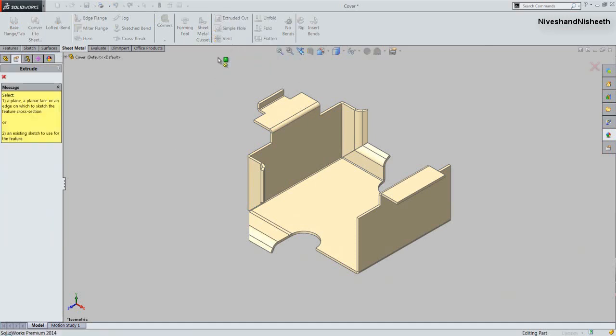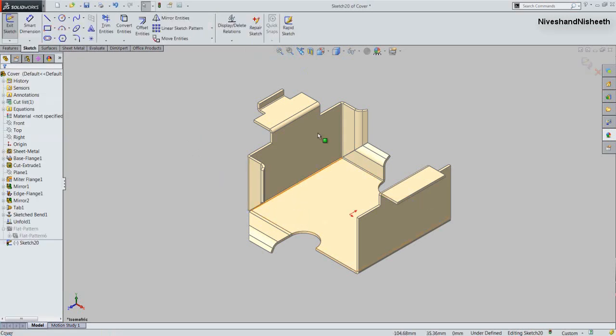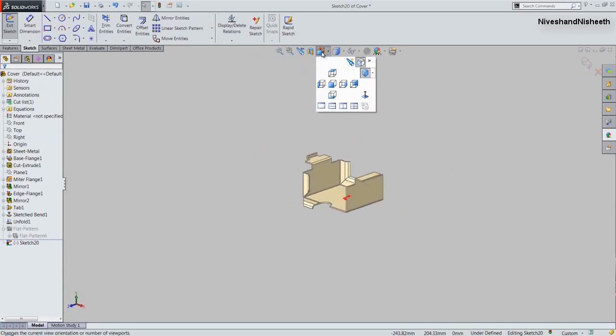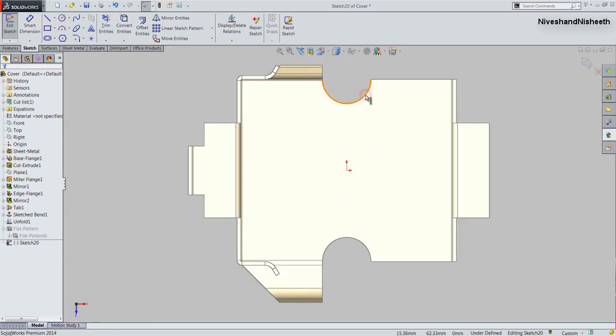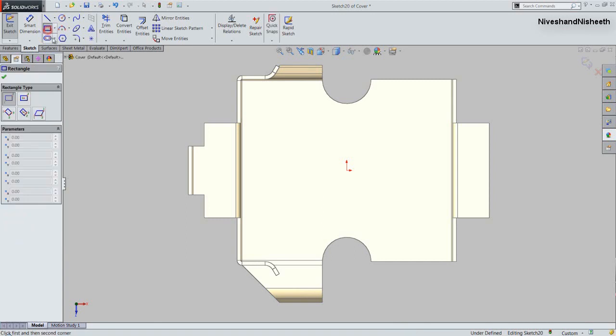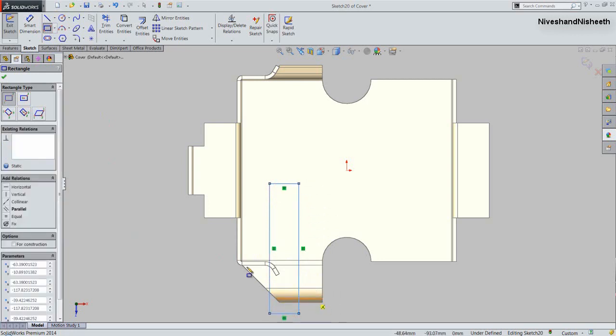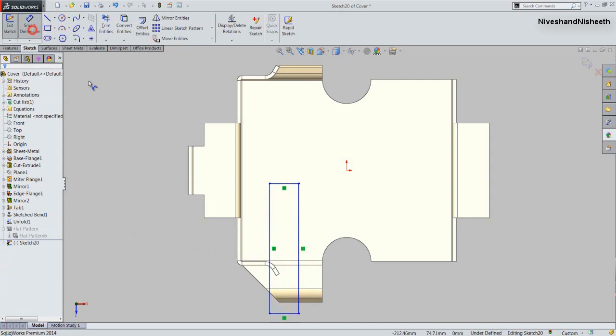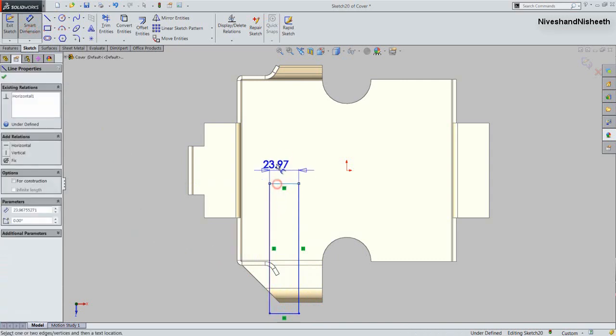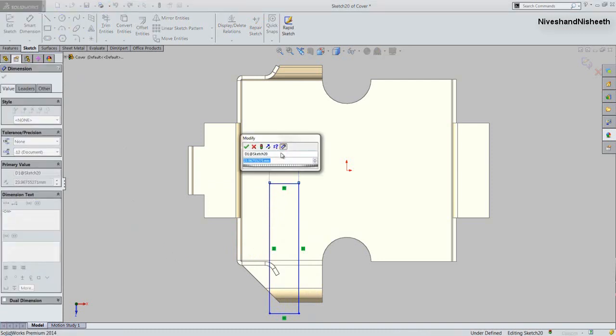Now we will activate the extruded cut command and select the internal face of the sheet. Choose normal to face option. Now we will create a rectangle on here. Its width will keep 14 mm.